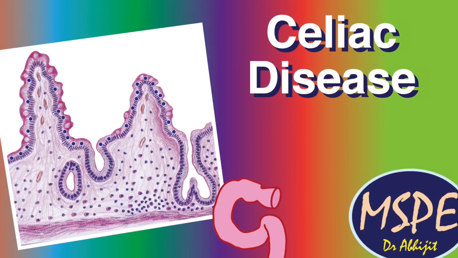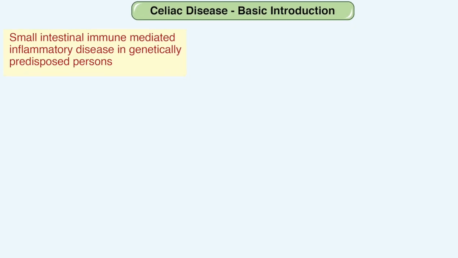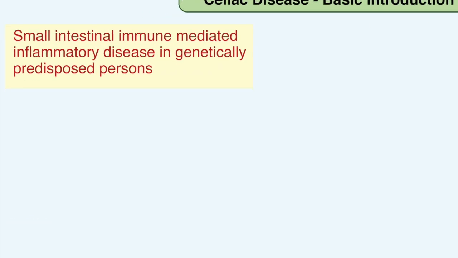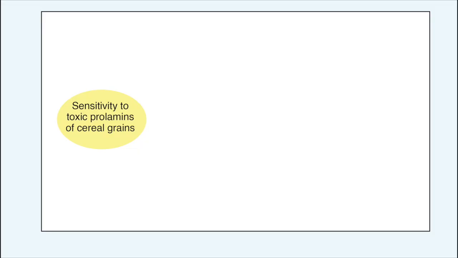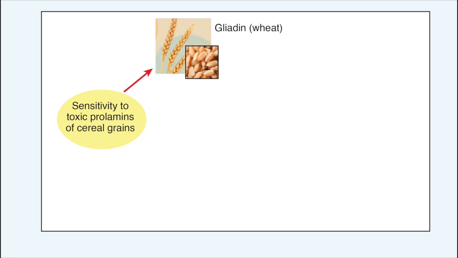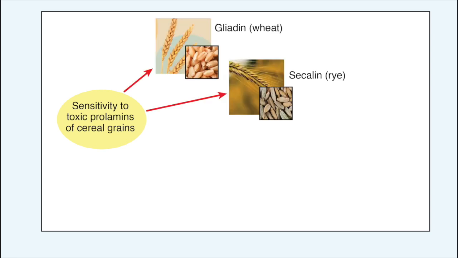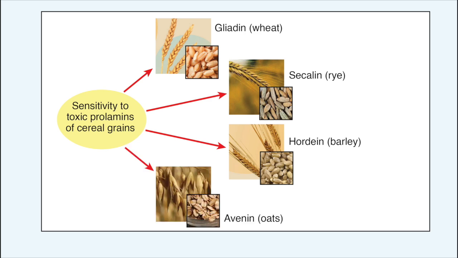Today we are going to talk about celiac disease. Celiac disease is a small intestinal immune mediated inflammatory disease occurring in genetically predisposed individuals, and it is caused by sensitivity to toxic component prolamins of cereal grains like gliadin in wheat, secalin in rye, hordein in barley, and avenin